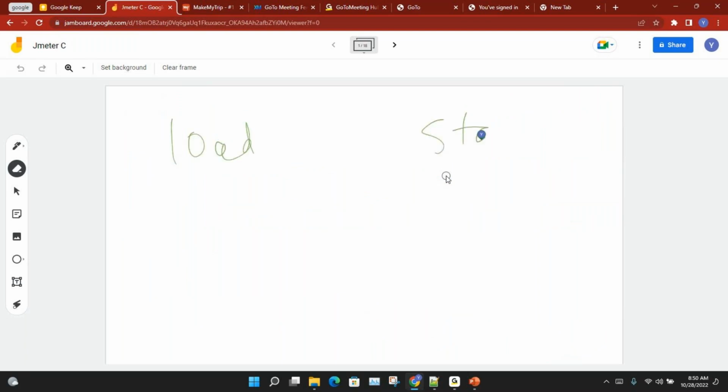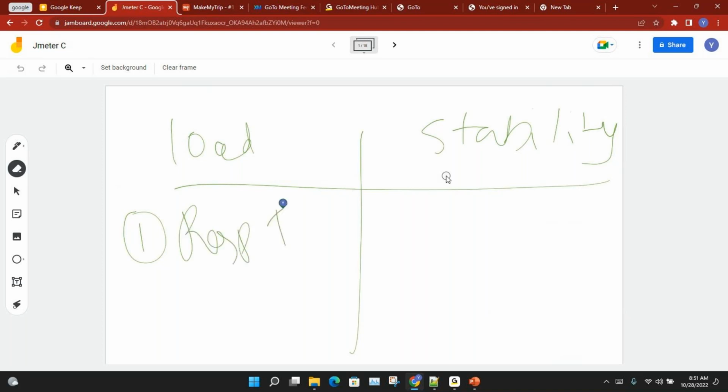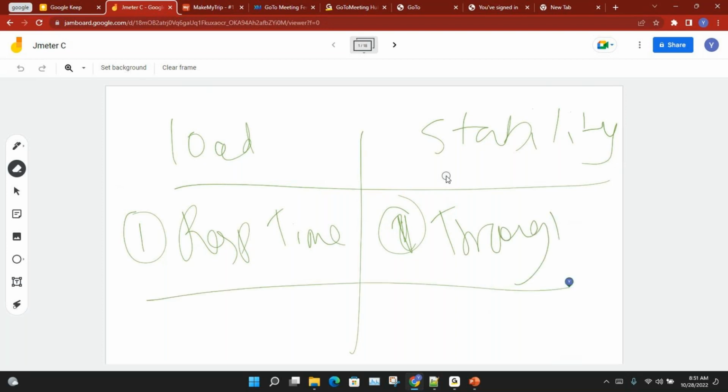So now we have load, we have stability. So for load, what is the KPI? Response time. Correct. And for stability, what is the KPI? Throughput is the KPI. Throughput. Correct. So these are the two main things which you report. Whenever you do any performance test, these are the two things which you report mainly: the response time and